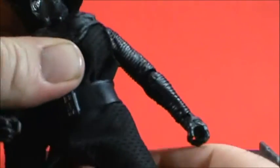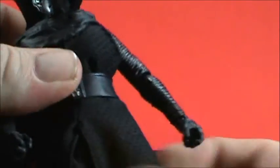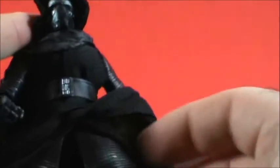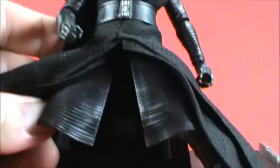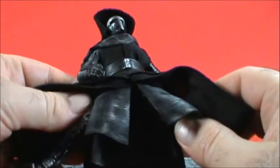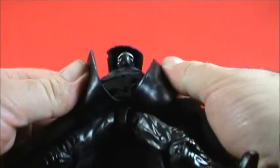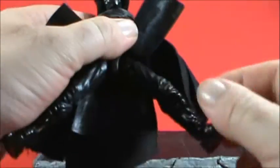Turns at the waist. It's got the upper diaphragm, so he's turning up here. The legs are on the T-joint, so he can get into the splits fairly well. Again, he's being hindered a little bit by the cloak and the plastic piece there, so we kind of put that up so you can see what we're dealing with there. He has the upper thigh